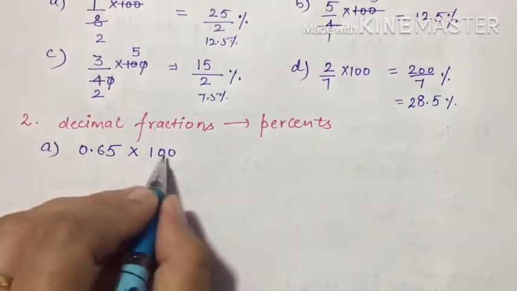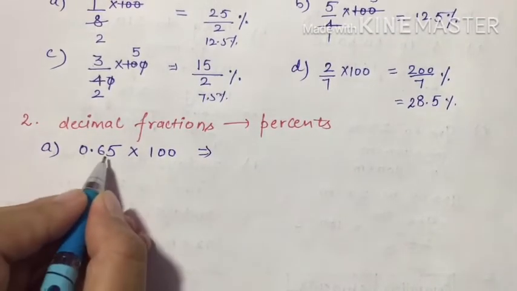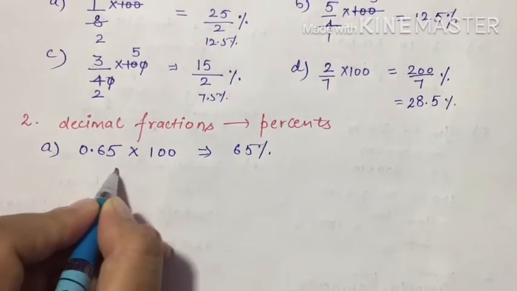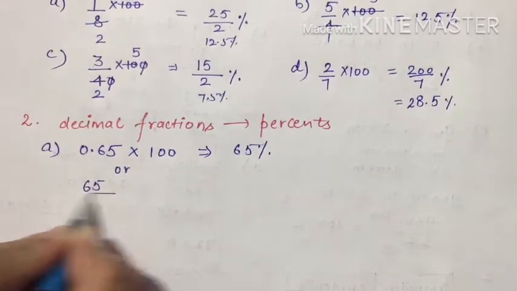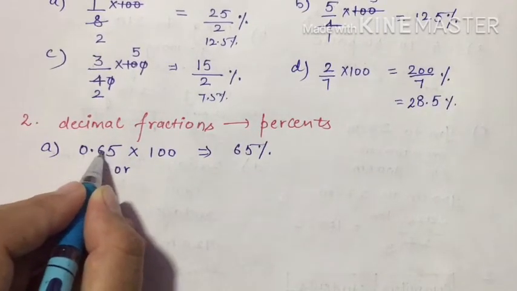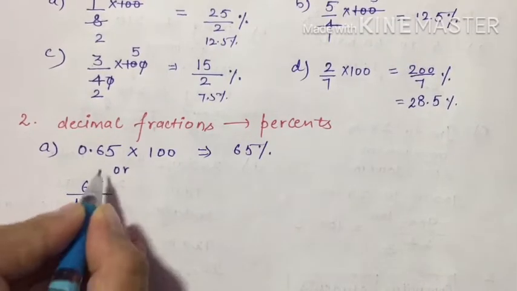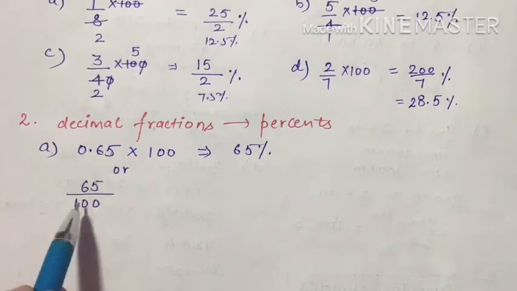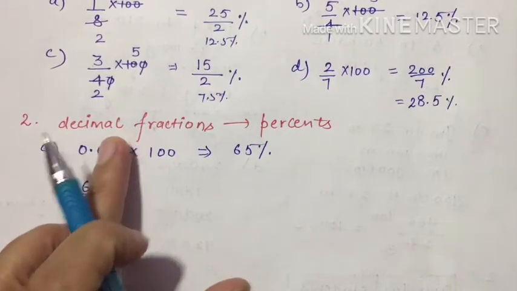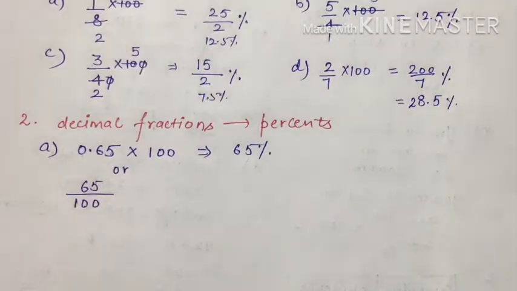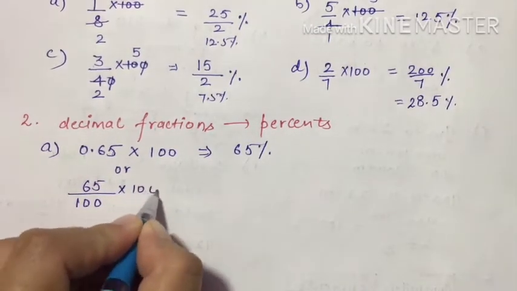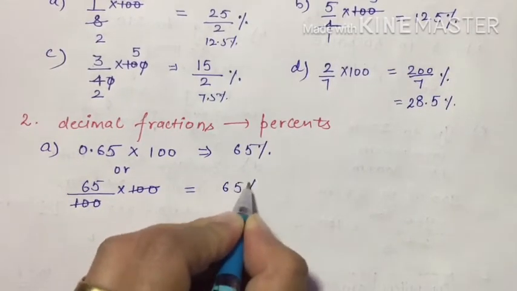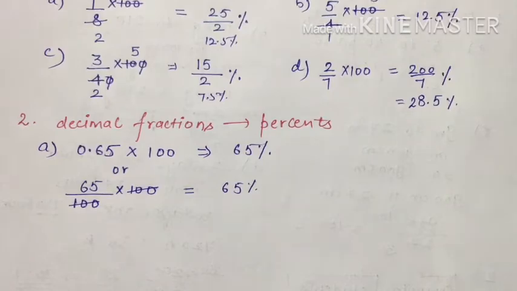अब देखो इसको, it is very easy for us to calculate. If you multiply the number, you will get 65 percentage. Otherwise there is another way also. 65, first we will remove the decimal. There are 2 places after decimal. If there are 2 places after decimal, 100 will come. See, 2 numbers are there after decimal, so 100 will come. If one number will be there after decimal, 10 will come, like that. And this 100 we want to convert it into percentage, that's why. So this way also you will get your answer as 65%.